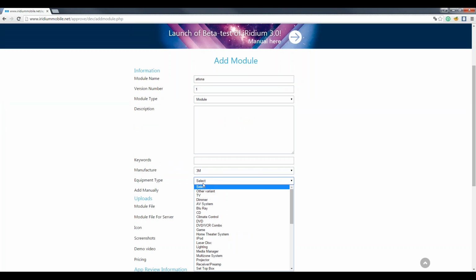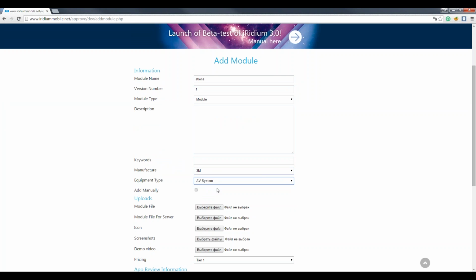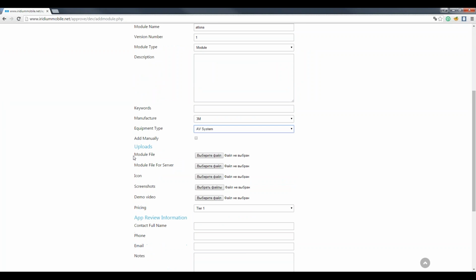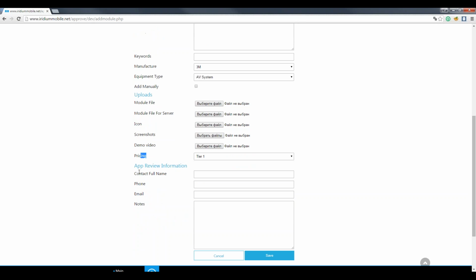I should select the manufacturer and equipment type. Then I should upload the module file, module file for server. I should upload the icon, screenshot, demo video, so how my module works. I should enter the pricing and my contact information.